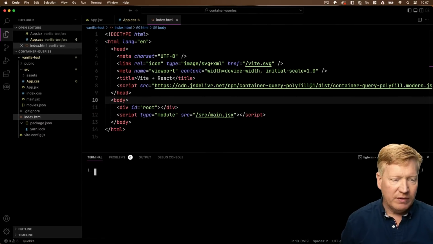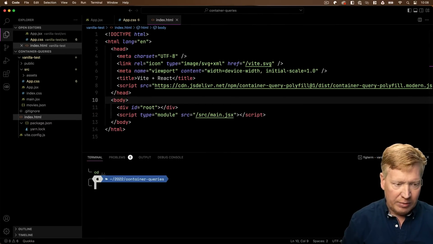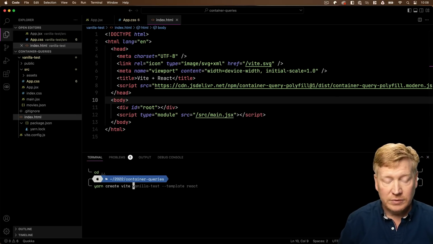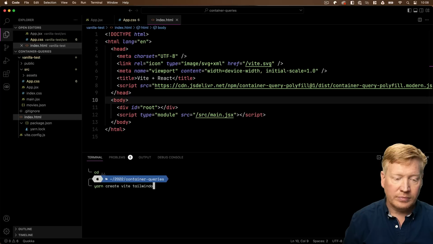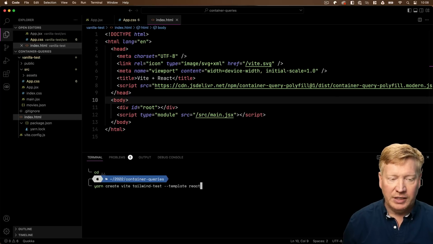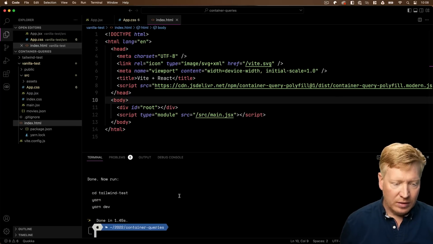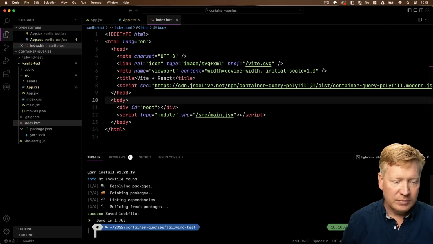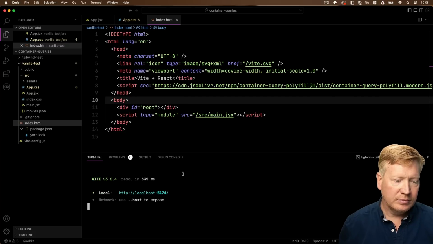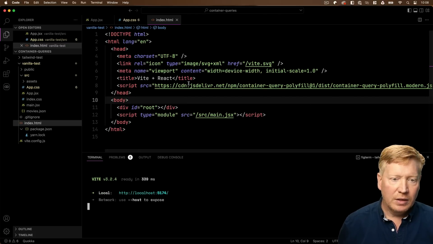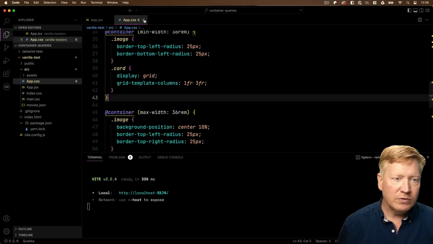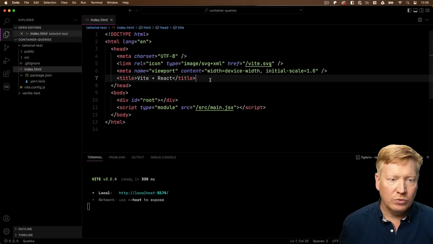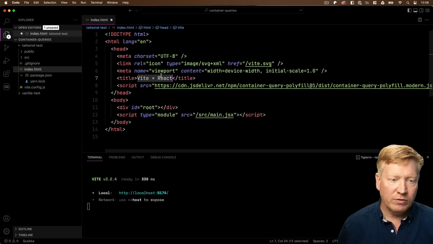All right, so I'm going to go back up a level and I'm going to create another application. We'll call this one Tailwind Test and give it a template of React. All right, let's go in there and install it and then run it. All right, good, cool. So let's bring over our shim first thing. Why not? Just throw it in there. Tailwind tests. Okay, cool. We'll call this the Tailwind version